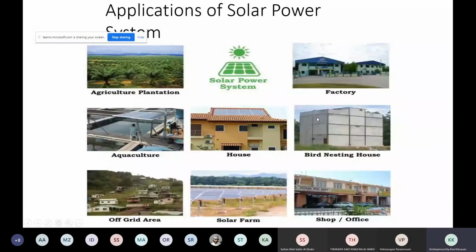So coming to this one, applications of solar systems, solar power systems. For plantation, this is the primary work. If you want it for industries, you can have it, but in industries, with more induction motors, this will not suit you that much. We need a lot of capacitor banks like that. Bird nesting houses, for domestic applications. Aquaculture, where you grow small fishes, squids and the like. That's called aquaculture. And off-grid areas. This is more important.